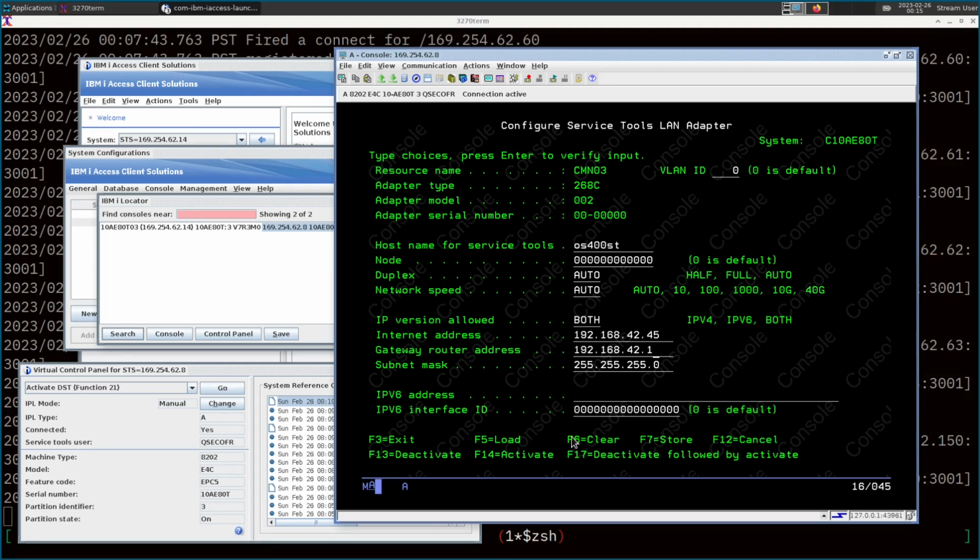So I'm going to go ahead and store this. F7 will store it to the system's configuration. And I'm going to activate this configuration. So F14, you can hit Shift F2 to get F14. So the normal function keys F1 through F12 on your keyboard, and then it circles back where F13 would be Shift F1, F14 would be Shift F2, so on and so forth, all the way up to Shift F12 to get F24. So let's hit Shift F2,